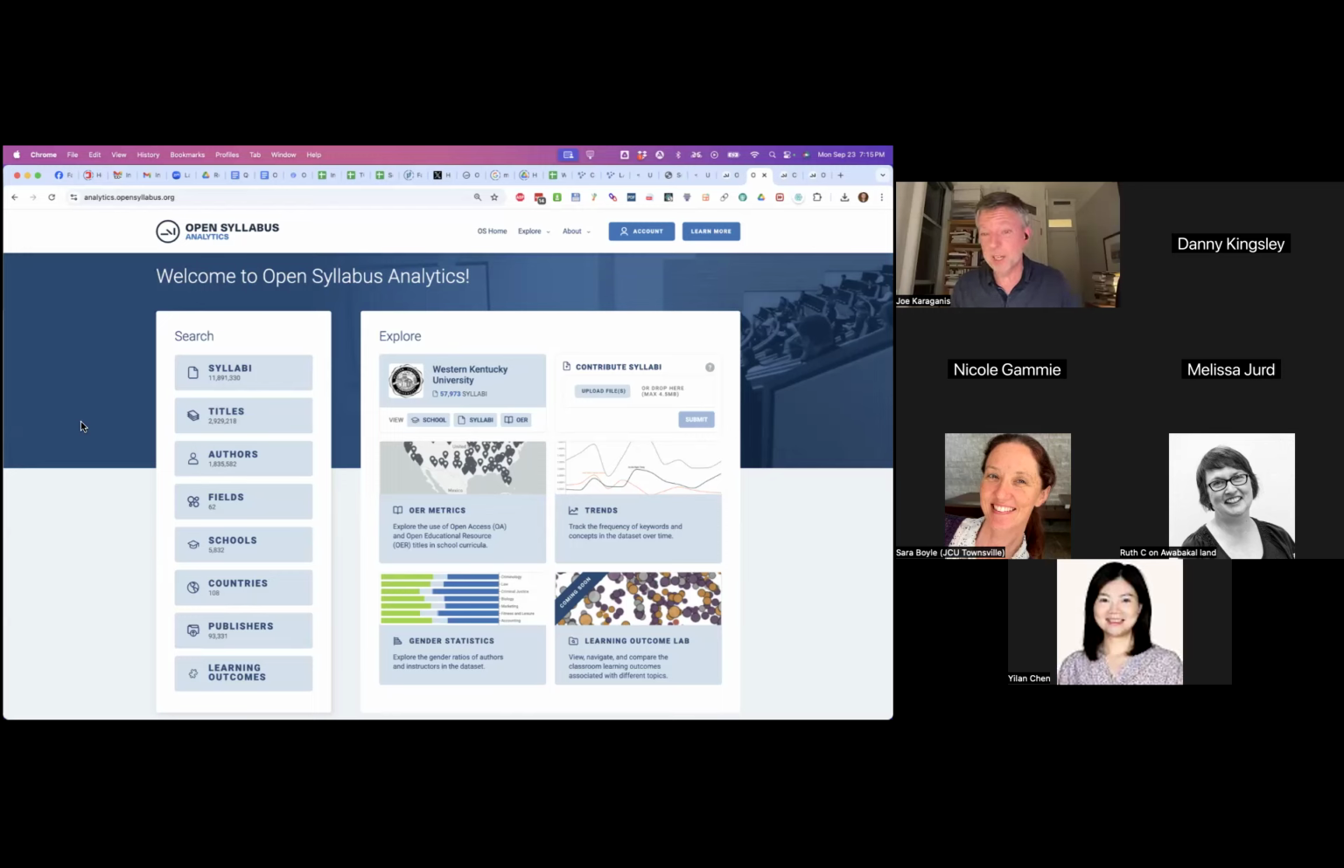And then the Learning Outcome Lab is forthcoming, but is really going to focus on skills. So we are in the process of turning every syllabus in the collection into a skills map that can publish out to any of the widely used publicly available skills taxonomies. And there's a lot of interest in this question as a way of creating a kind